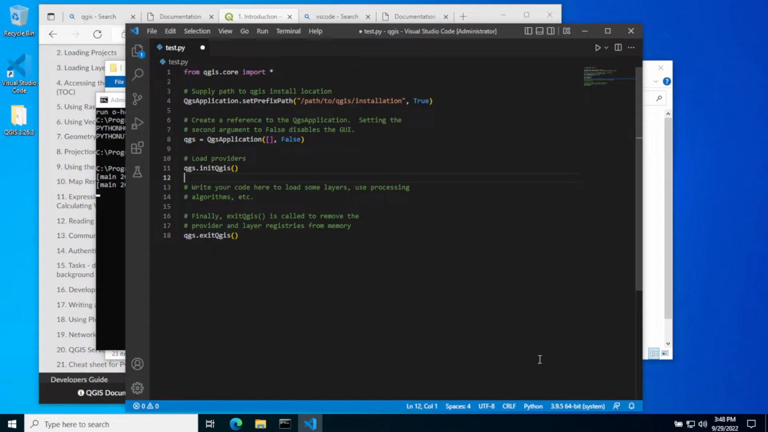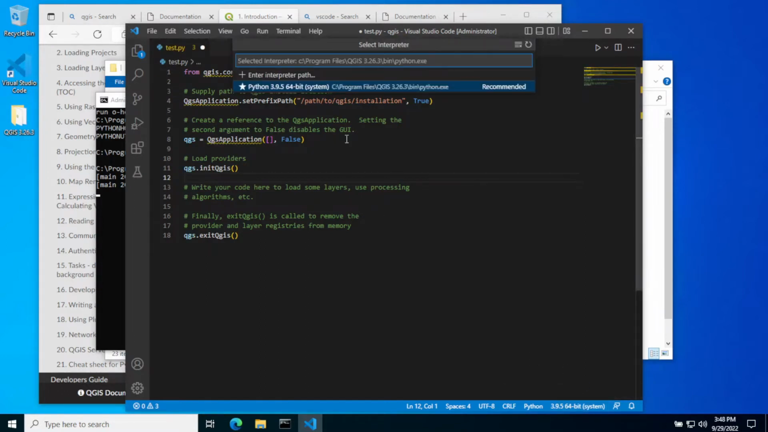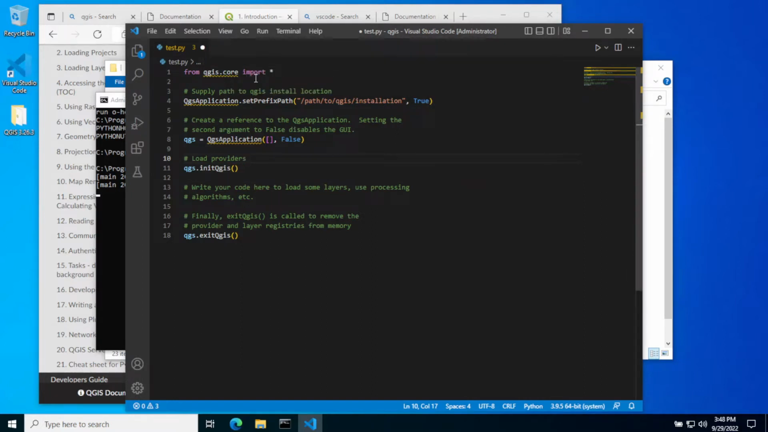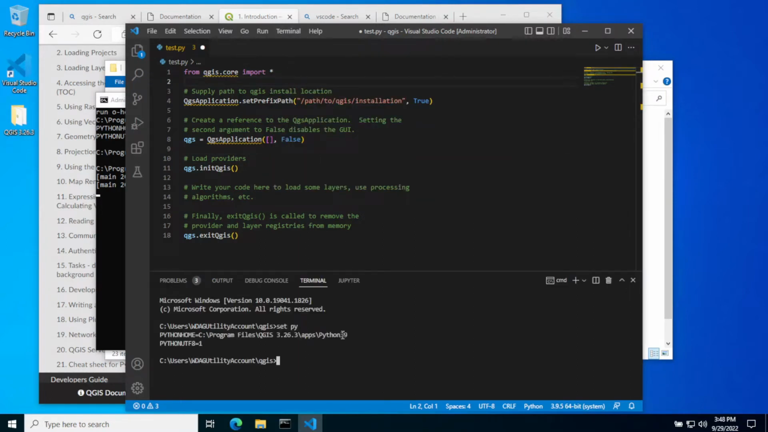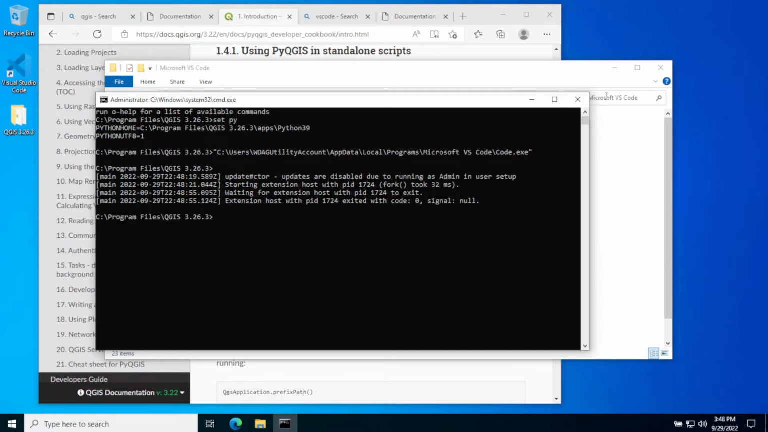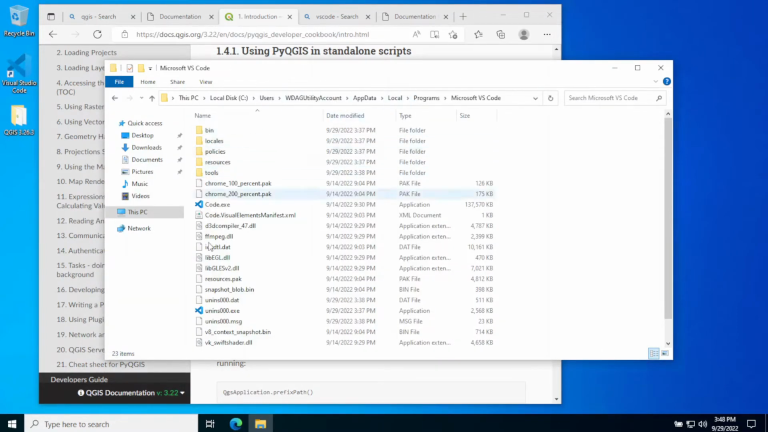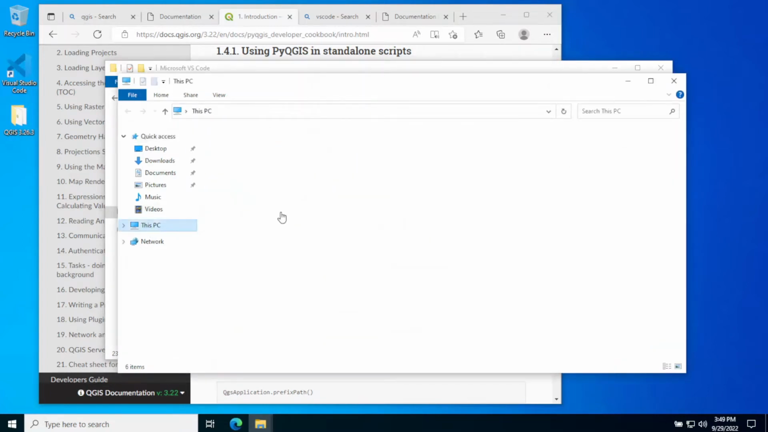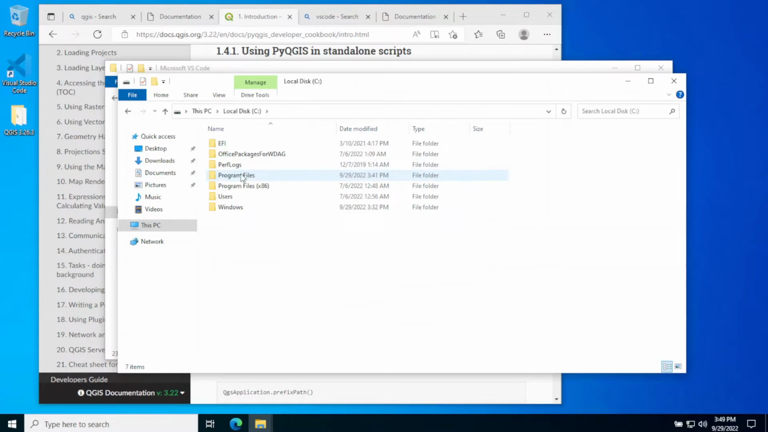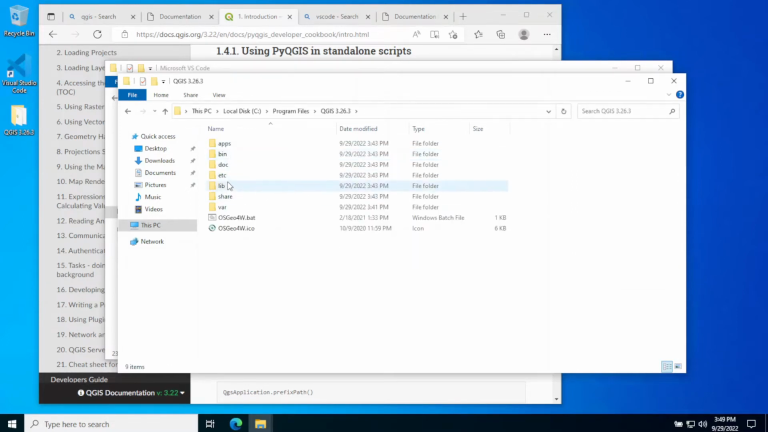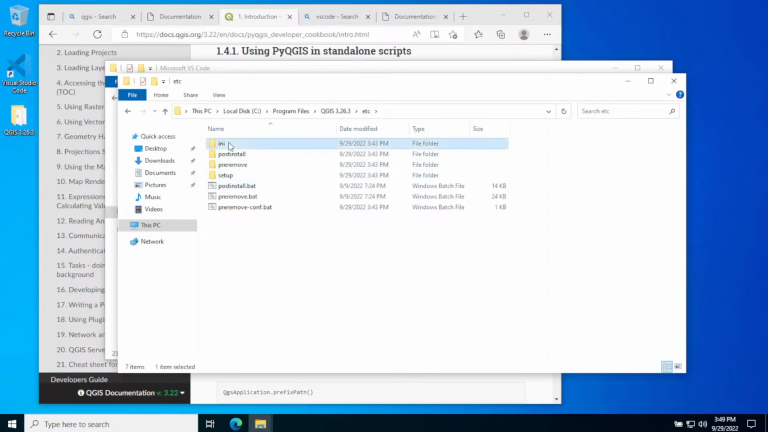now IntelliSense detected that we have the Python installation, but we still don't have the IntelliSense, and the reason why is because it's missing one variable, and we are gonna set it. We're gonna close it here, close this one. How to set that variable? In the QGIS folder, etc and ini,